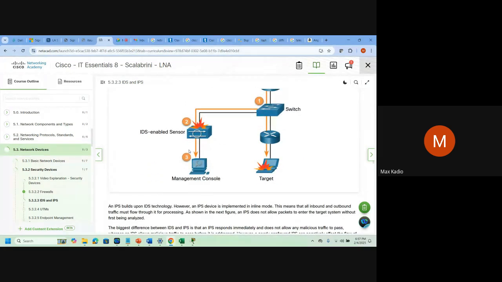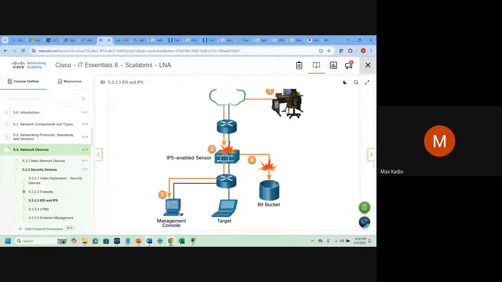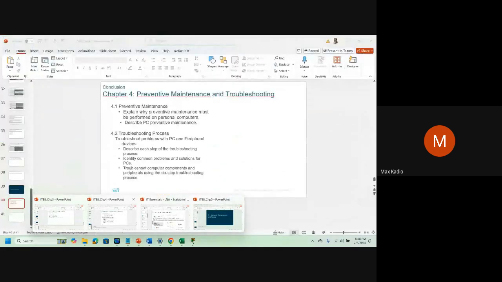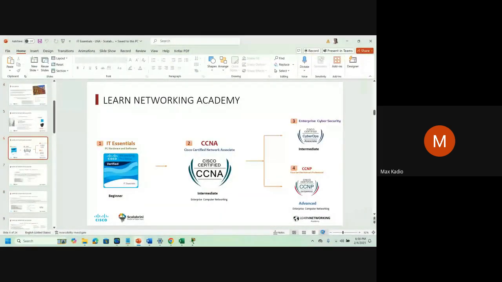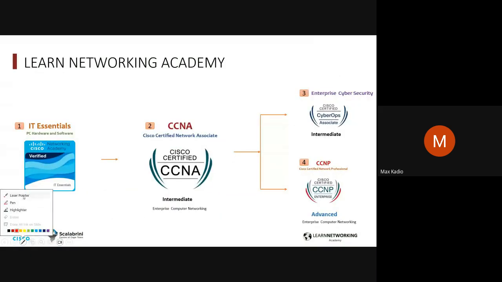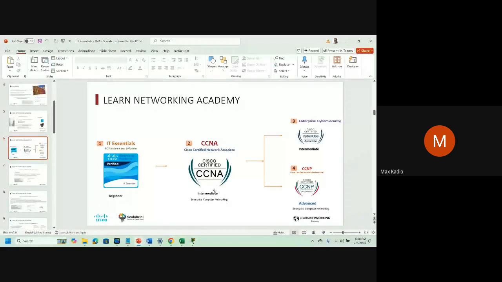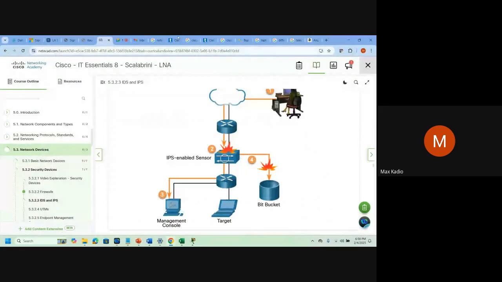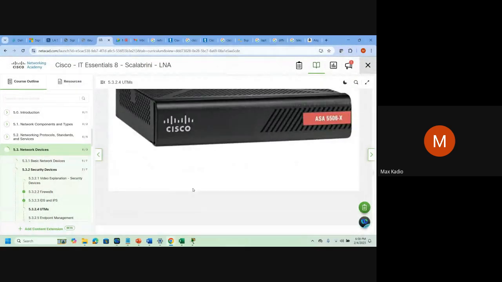We study always at the CCNA level, step by step. That's why I'm saying companies need these guys because we know a lot. Here we are preparing you for this. So we'll do all the configs and all this stuff. Okay, this one you don't need.